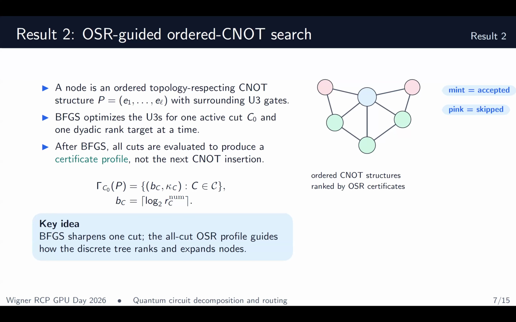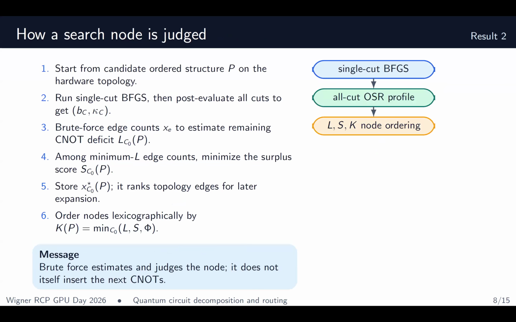And this basically is going to use the operator Schmidt rank. That's what OSR stands for here. You see OSR guided. This is the operator Schmidt rank. Basically, you're going to take a circuit along all of its different bipartitions, and I'm going to go into more detail about this, but while you're doing BFGS, you're going to have a special cost function. And that cost function is going to take the operator Schmidt rank,